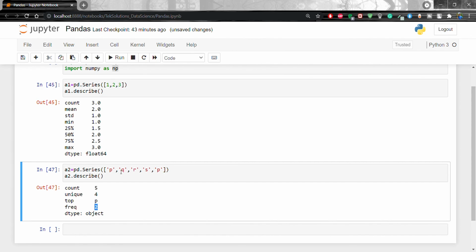Now I am going to show exclude equal to np.number. What will happen is that it is going to exclude the numeric data 1, 2, 3 and take care of only the categorical, s, t, u, and the object.